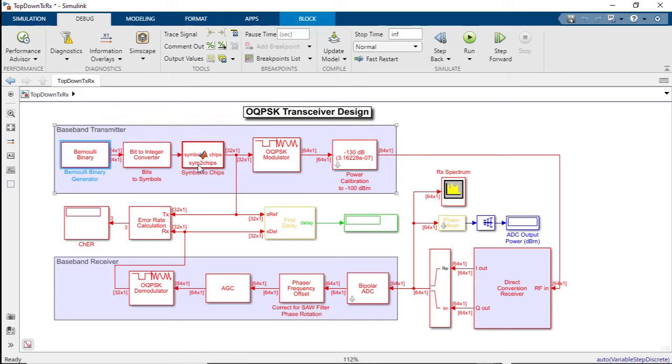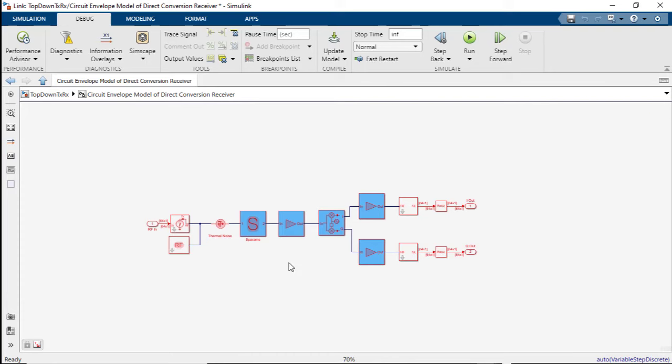First of all, this baseband transmitter is just digital baseband. It's feed forward, very straightforward. But if we look at the lower right, this direct conversion receiver is an RF block where we have an S parameter based filter, an amplifier, a modulator, a couple more amplifiers. This all happens in the analog domain, and there's both signal forward propagation and backwards propagation to model exactly what goes on in a real RF circuit.